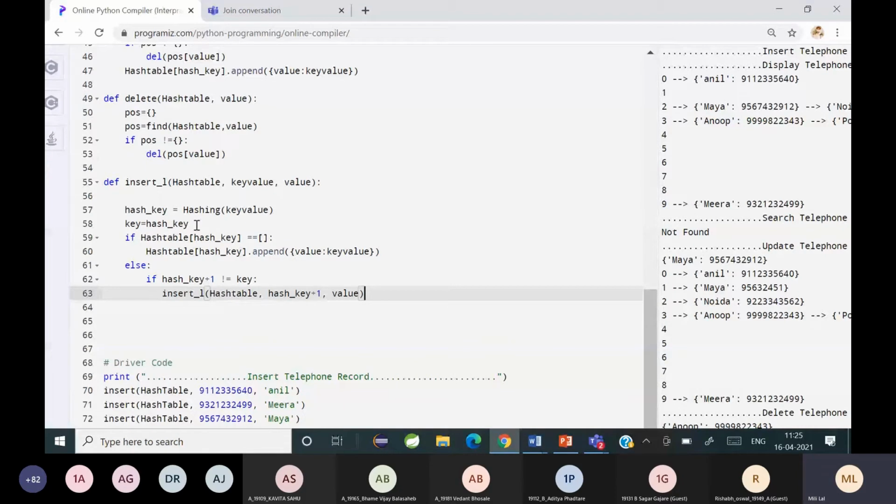Else, if it is not empty, you increment the hash key value and repeat the same process. Repeating the same process means this will be a recursive call, right? Because you're going to again find the hash key value of the incremented value, check if the location is empty, and only if the location is empty, you will append the value there. Clear? So that is why I called the function recursively here.